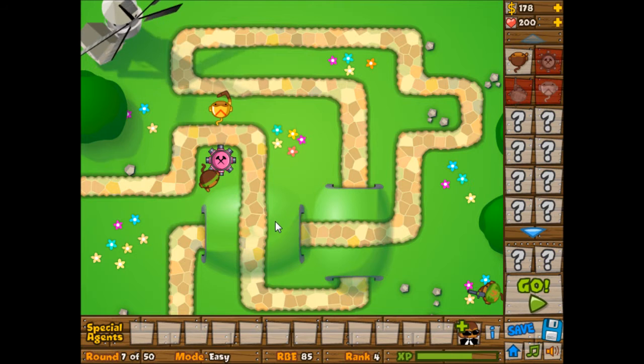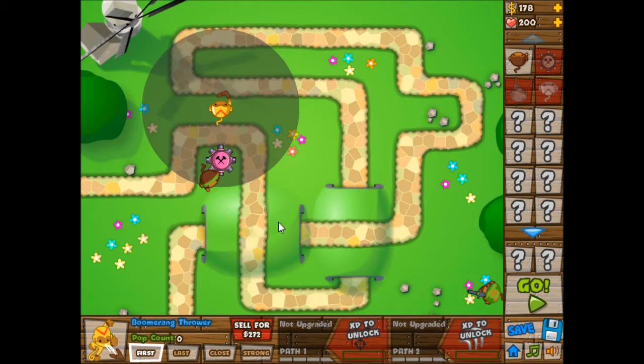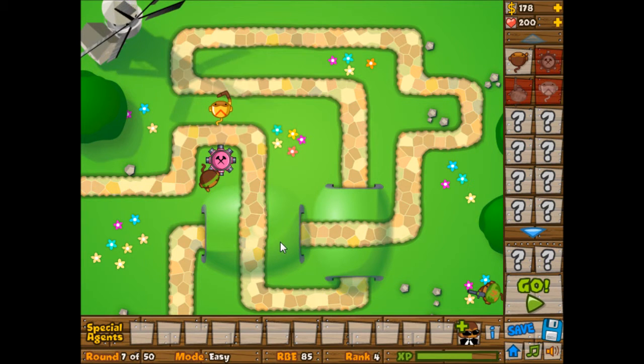But if you're going to go 3, 2, you're going to want to set him right here. So you're going to go 3 on this side, 2 on this side. You're going to want to set him right here, because he's good at straightaways too. You aren't going to want to set him on last, though. You're always going to want to keep him on first, especially if you're going to go 3, 2. Just because